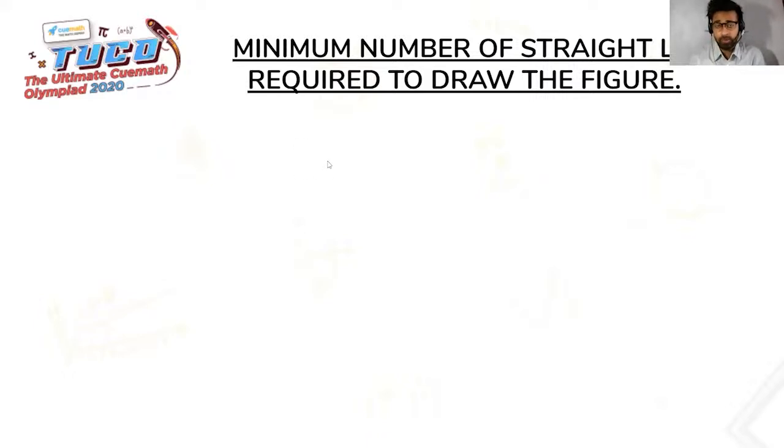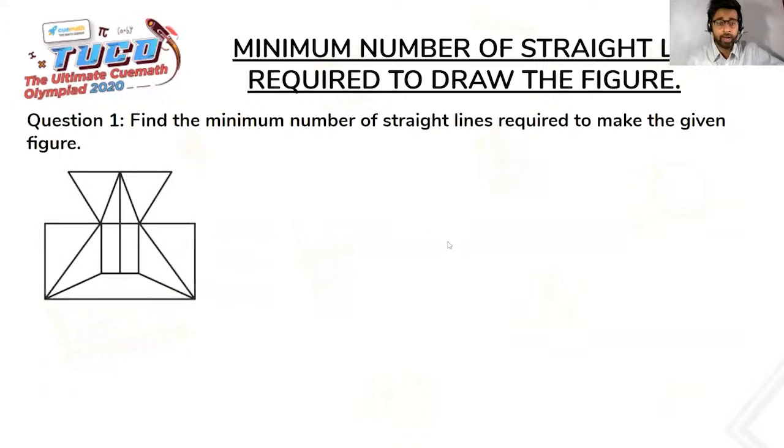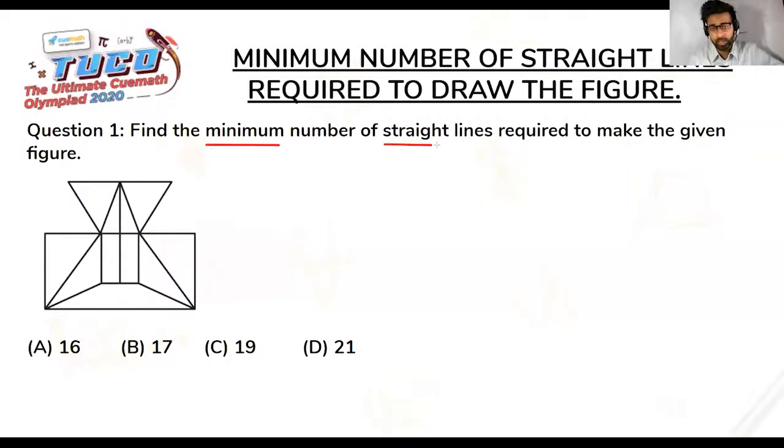And as you remember from the objectives, this is the first one. So we'll be dealing with, let's take up the first question, and along with that, the diagram and the options present to us. We need to find out the minimum number of straight lines required to make this given figure. Now let's try to unpack these two words, minimum and straight lines, right? So we need to make sure that the lines are straight,